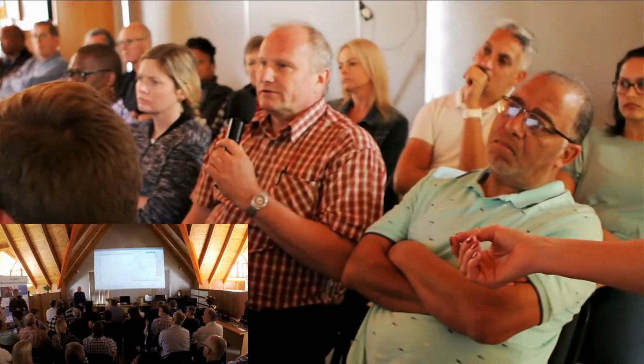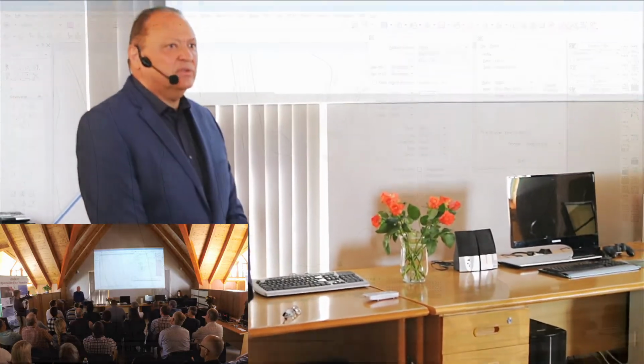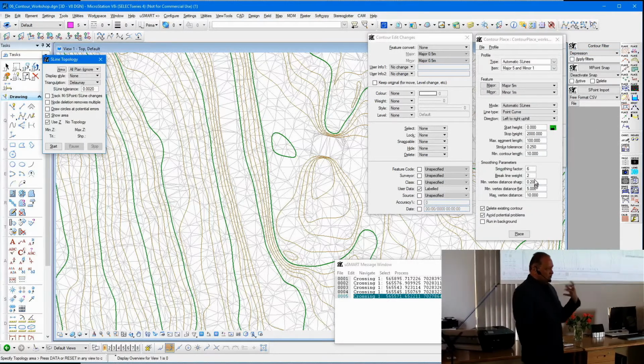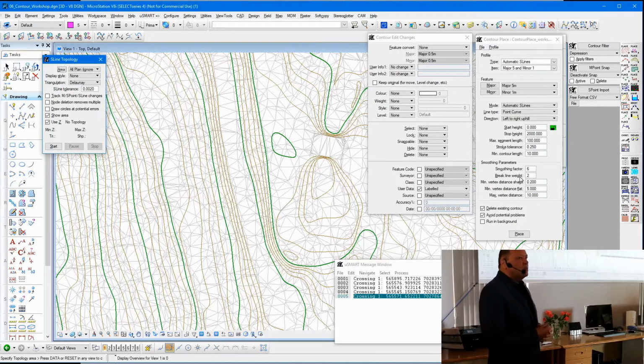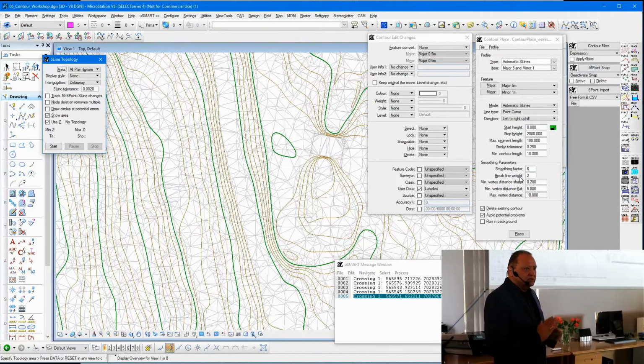What about break lines? So typically you would have a LiDAR point cloud covering the terrain, and the surveyor would then survey the curb, which is a break line. Now, how would you force the contour over that break line? So during the creation process, the automatic process, you give it a weighting factor for your break lines, so you can decide what the weighting factor is for the break lines. As you see, we're going through this process where we're making features out of everything. At the moment, the triangles are relatively dumb. The triangles are triangles, and they're used for contours,